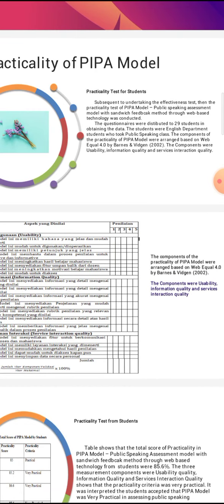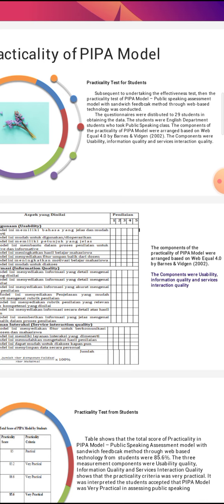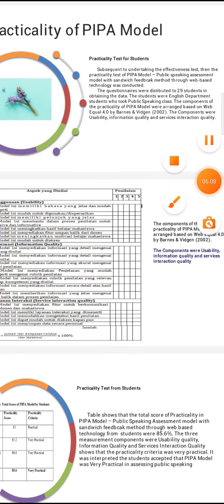The questionnaires were distributed to 29 students, English department students who took public speaking class. The components of practicality were arranged based on WebQual 4.0 by Barnes and Vidgen 2002: usability, information quality, and service interaction quality.